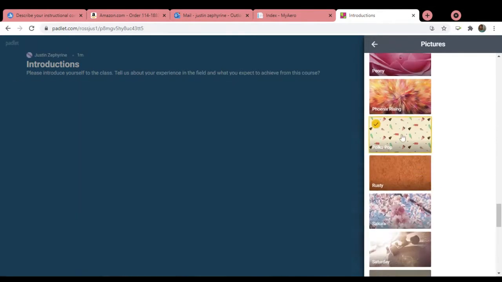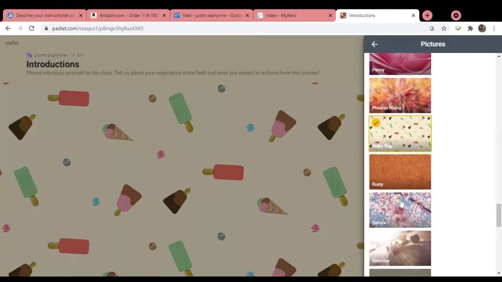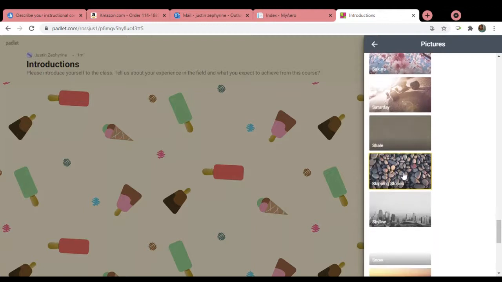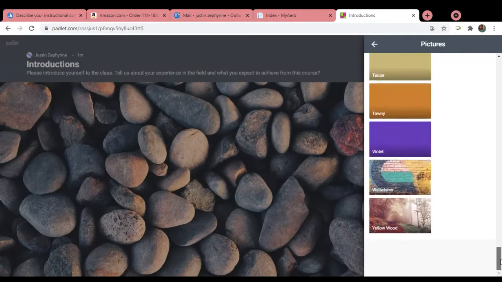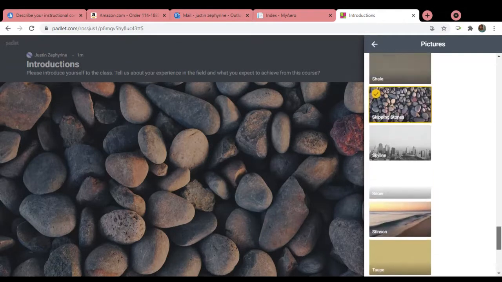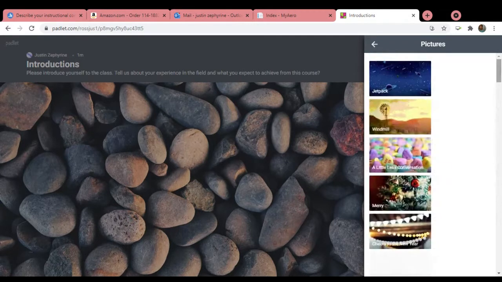So I tend to lean away from things like these because, yes, it's very colorful, but I tend to go very neutral to avoid strain on the eyes, and I don't want it to be distracting from the content, because it's the content that will matter more. All right, so once you select your backdrop, then you just click on this button here.